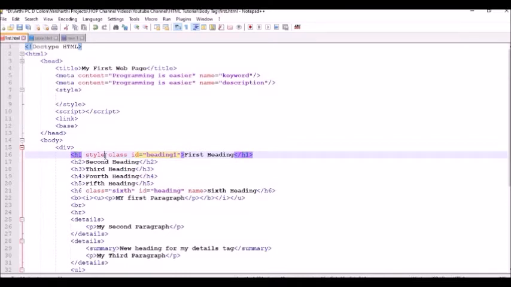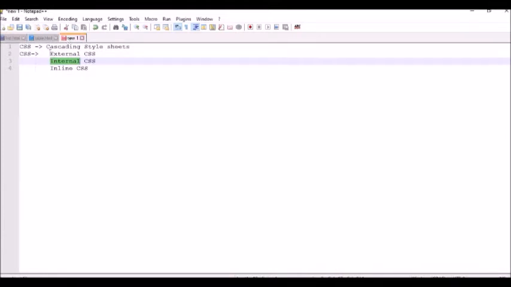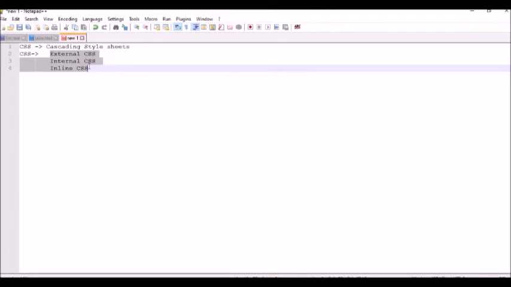The first attribute is style, the second attribute is class, and the third attribute is id. In this way you have to use inline CSS. For inline CSS, you provide your CSS coding with the help of the style attribute for the particular tag. I hope you have some clarity about CSS and its types.